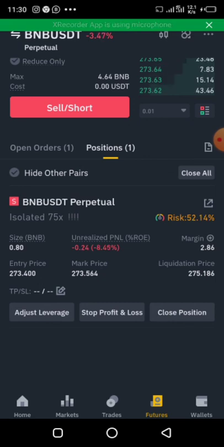If this mark price should get to 275.18, that means the money I put in this trade has been liquidated. That means the money has gone, and I'm running at a loss in this particular trade. So this mark price must not get to 275. It should be around 273, or if it gets to 272, that means I'm in profit. So that's how this